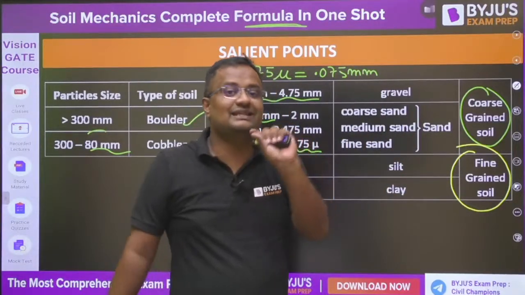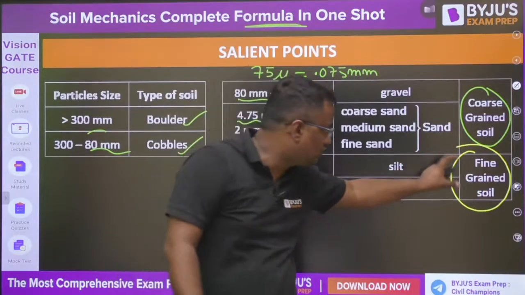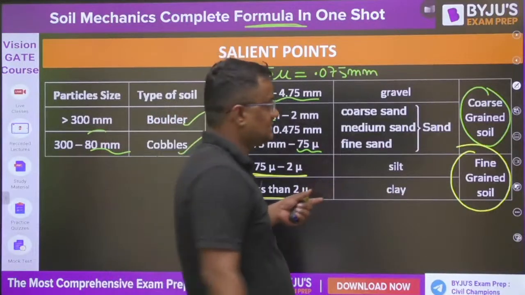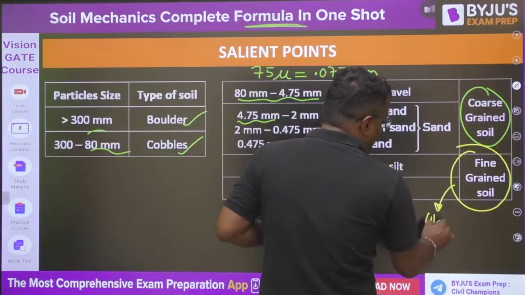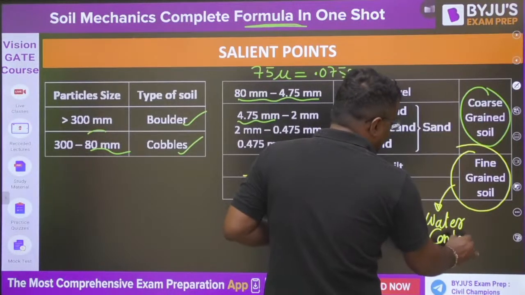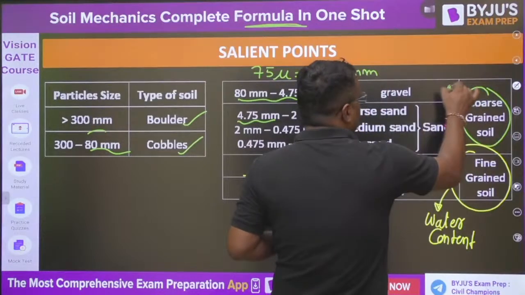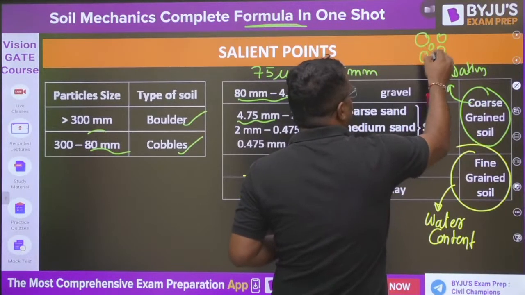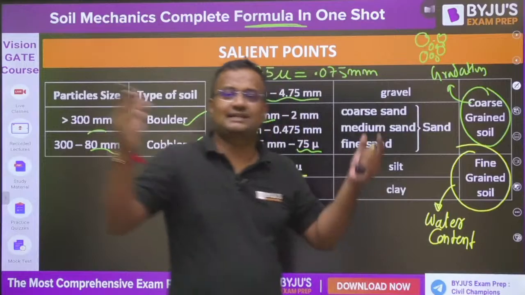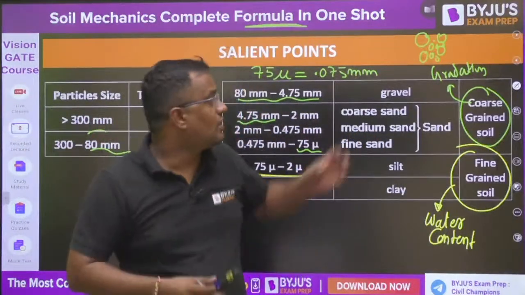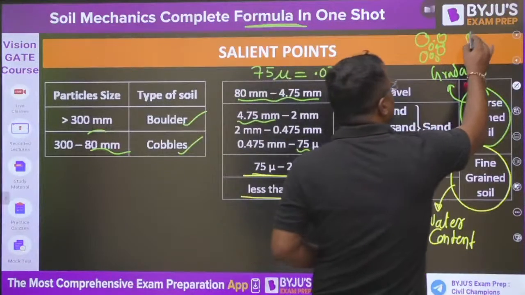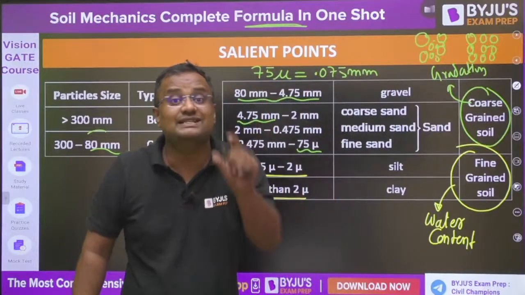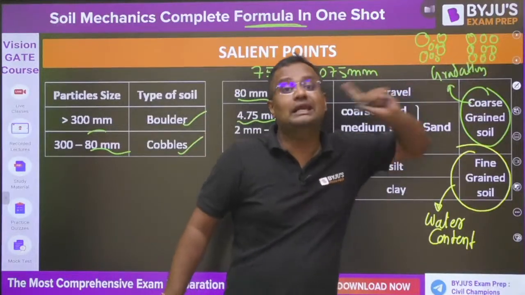Okay, fine grain soil characteristics depend on water content. A slight fluctuation in water content here will cause a large change in the properties. Water content is very influential here. And in coarse grain soil it is gradation, like well graded, poorly graded. Well graded means that different size particles are there. Medium, large, small, very small, XL, everything is there, so that small voids can be filled. And poorly graded means all particles are of same size, so small particles are not there to fill. So uniform soil having almost same diameter is also called poorly graded soil.